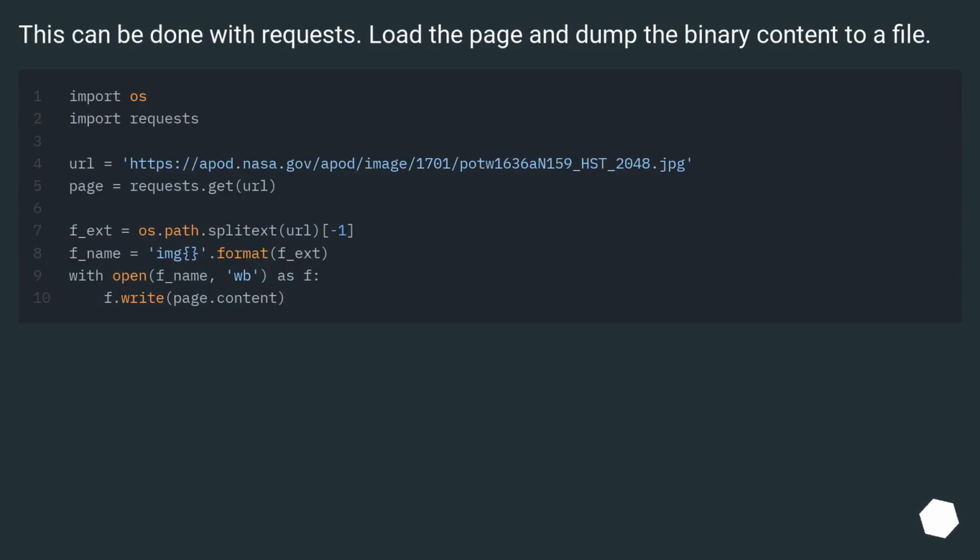This can be done with requests. Load the page and dump the binary content to a file,